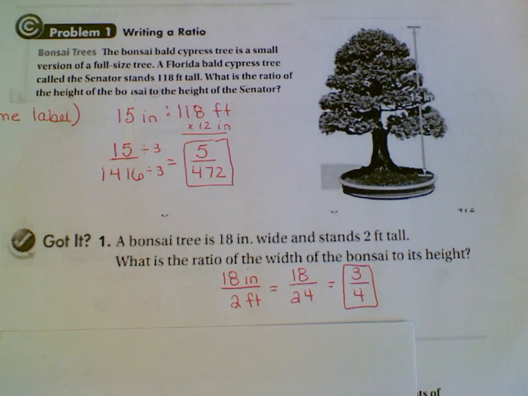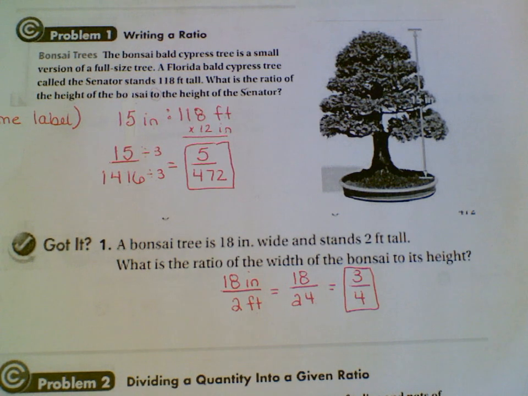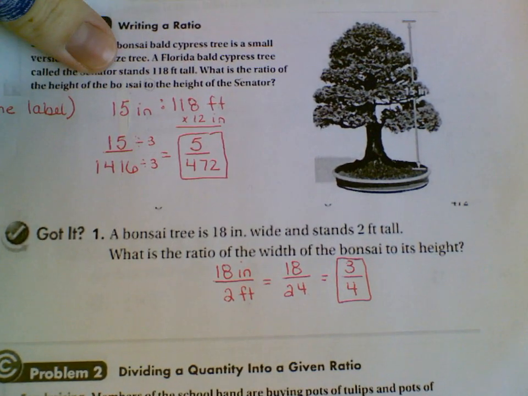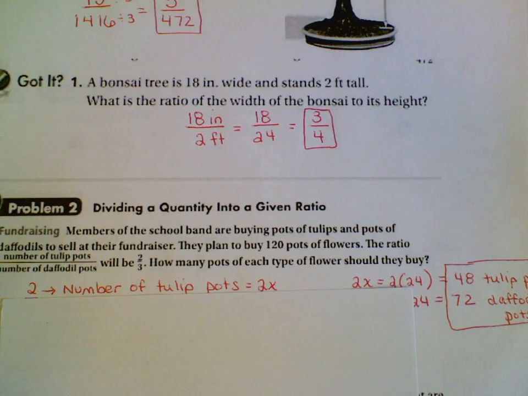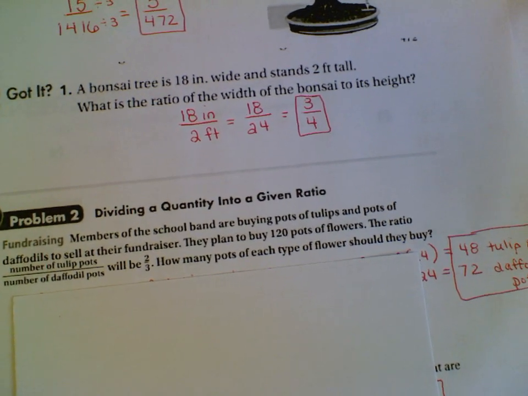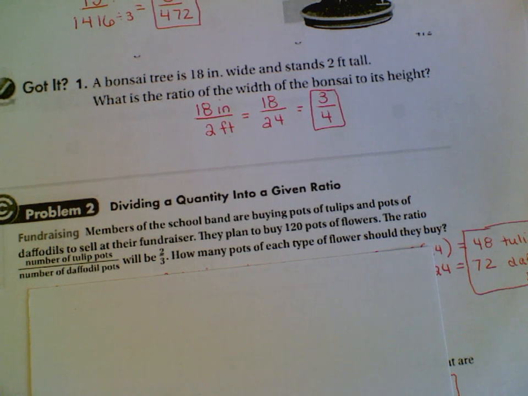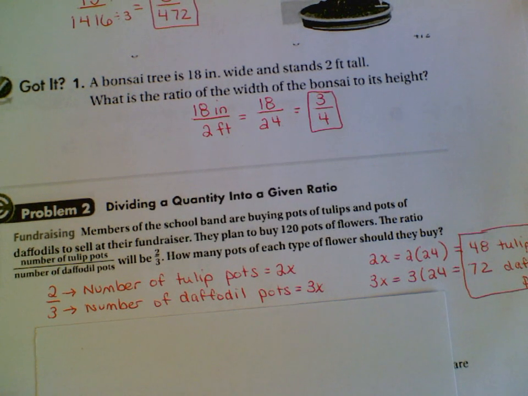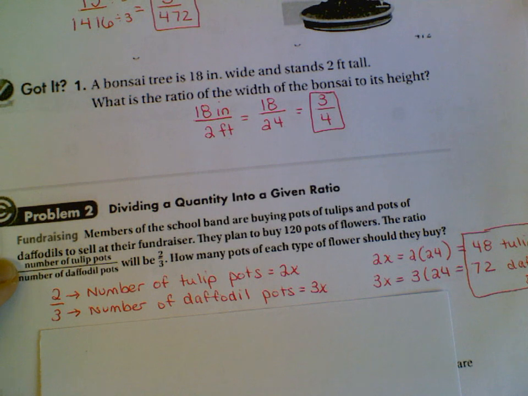Okay, so the next thing we're going to do is look at a problem where they give you a ratio and you're going to have to set up an equation in order to figure out how many of each type that you have. So take a moment and read through that problem. Okay, after you've had a moment to read through it, it's asking how many pots of each type of flower should you buy? Well, they give us a ratio of 2 to 3,